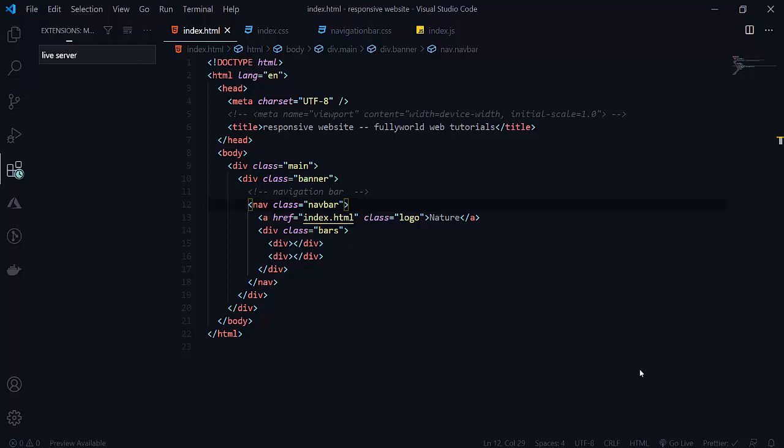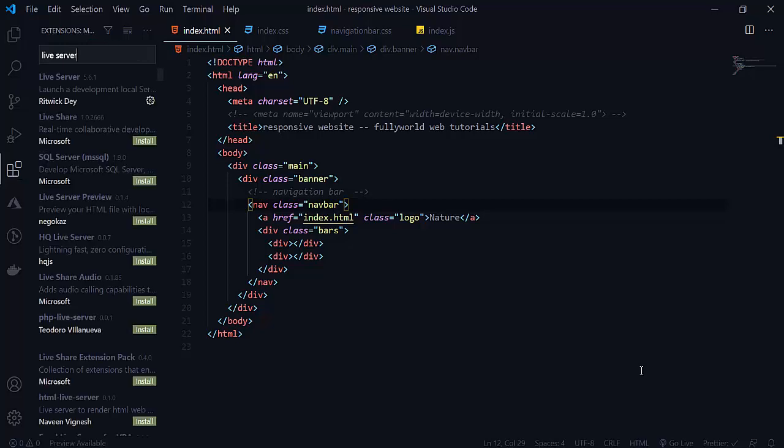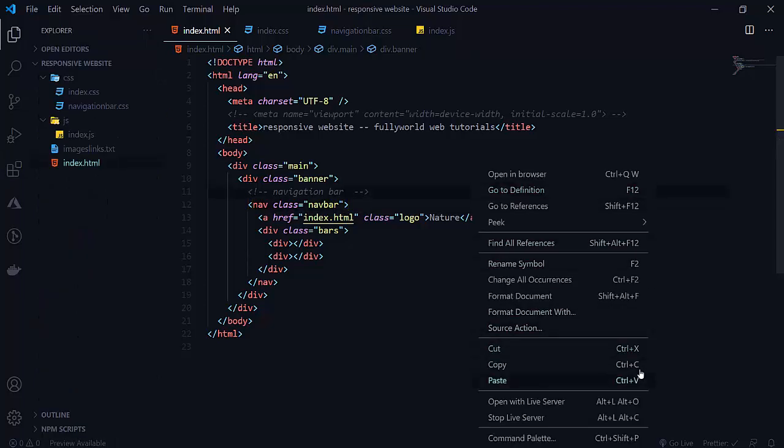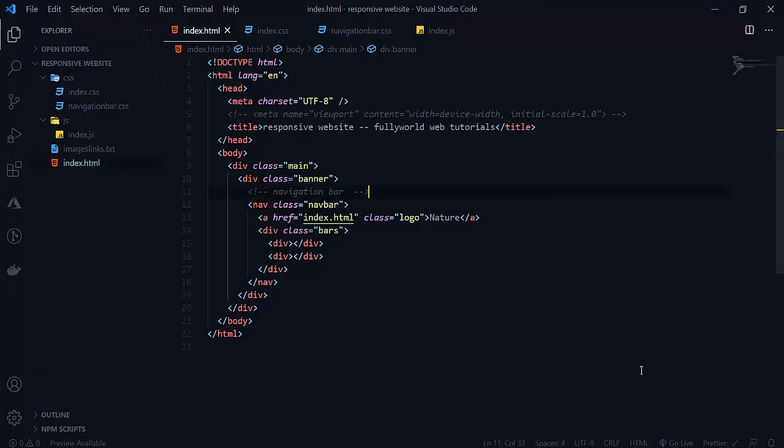When you press enter you will get the extension called Live Server. Simply install it and you will get this option.